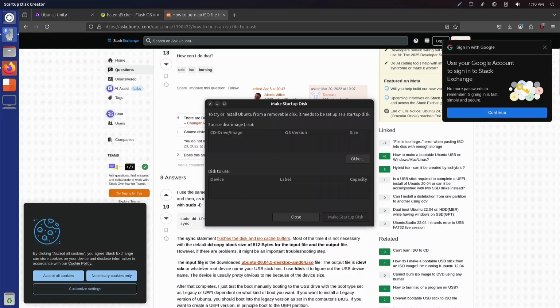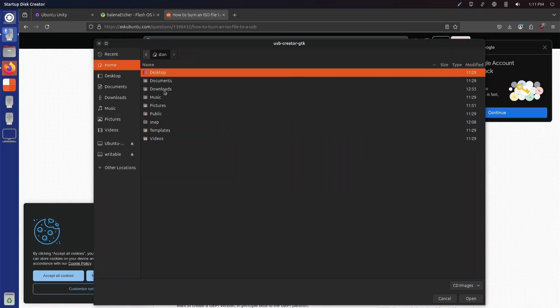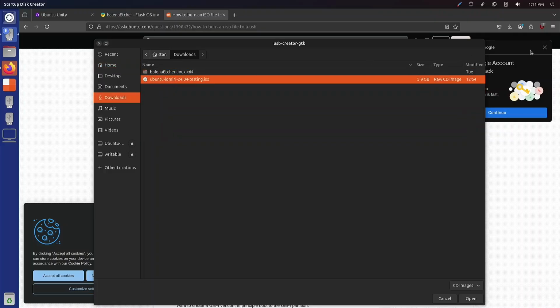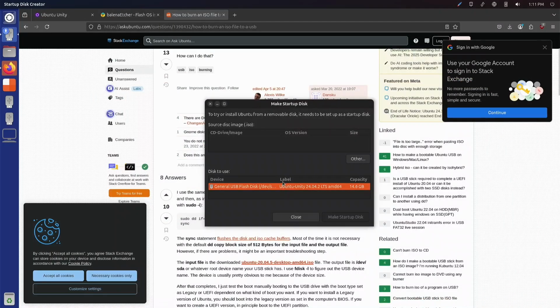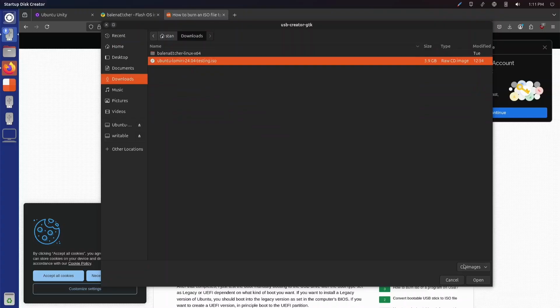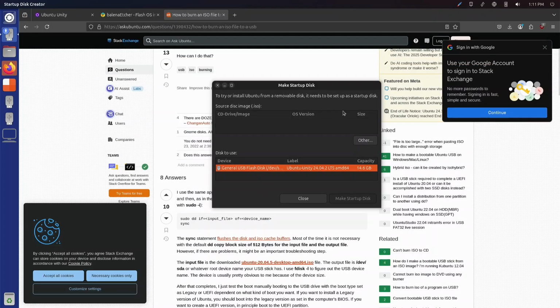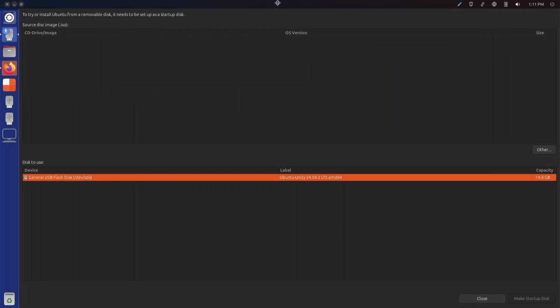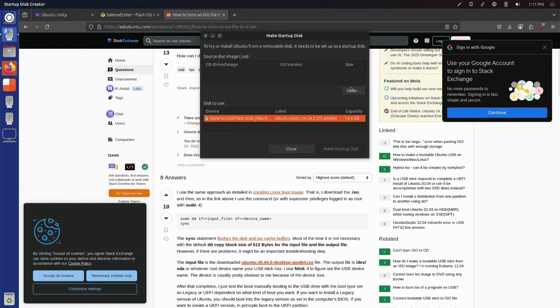Okay, so after looking it up a little bit more, apparently Ubuntu just comes with a tool called Startup Disk Creator. Okay, so we're just going to use that. Jesus. Okay. Did that work? No, it did not.